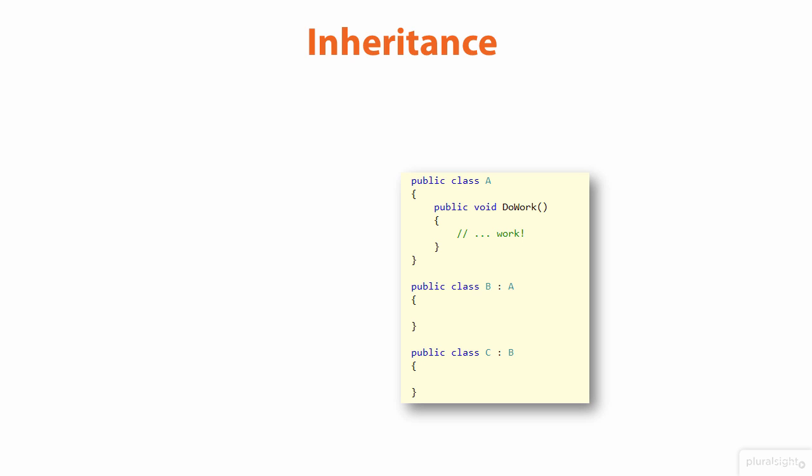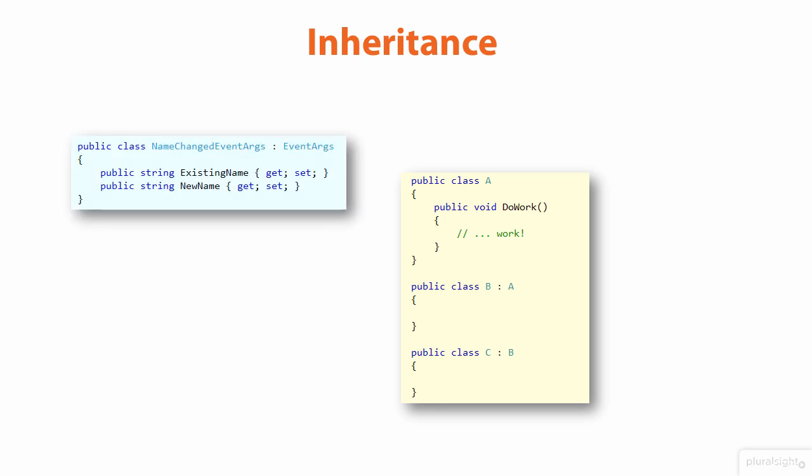The syntax for inheritance is to use a colon after the name of your class, and then you specify the base class, that is the class whose members you are going to inherit. We've already seen some inheritance in this course when we defined a custom event arguments class for the gradebook's name changed event. All events in .NET should pass an arguments parameter that inherits from EventArgs in the framework class